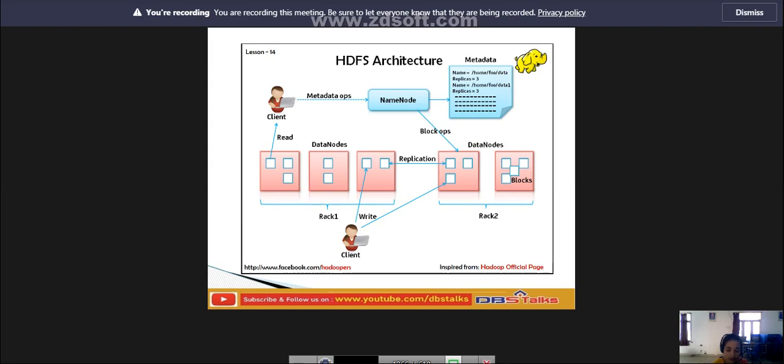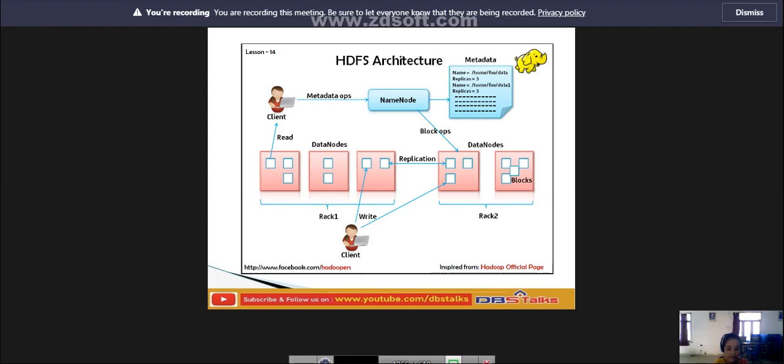Okay, so this will be done in different ways. If you see here, in this we are having the name node. The name node is responsible for storing the file metadata. So what is the main use of a name node? The name node is responsible for storing the file metadata. This name node is responsible to store the metadata information and tracing all the operations of the file system.